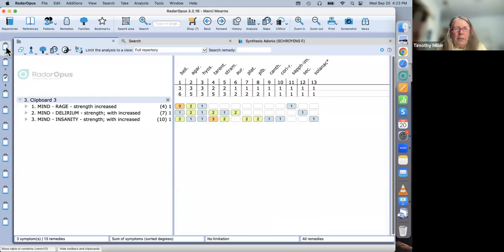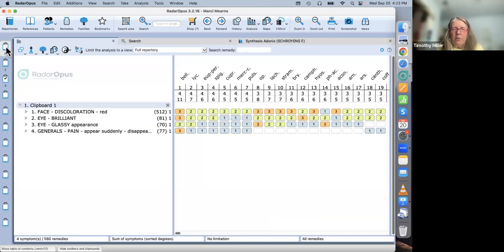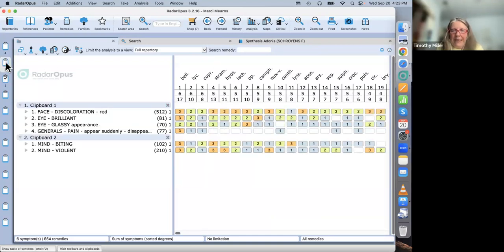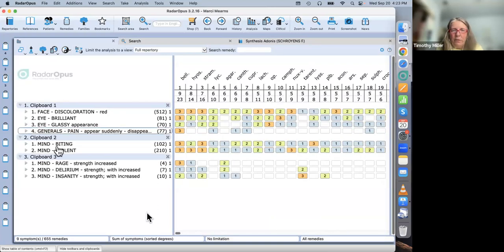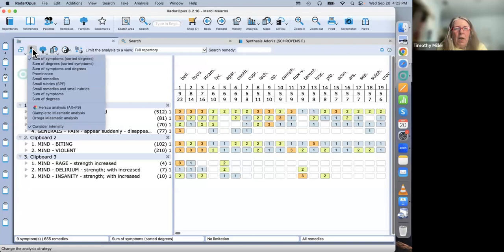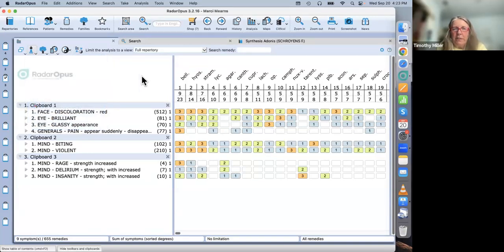So we've got clipboards now for the objective symptoms as described by the prescriber. We've got the biting, which is a very strong mental symptom. And then we have this increased strength. Now, this is a very straight, flat, I use in this instance, the sum of symptoms sorted by degrees analysis. And we have one remedy here. Now, this is pretty much what you would expect, right? That we're in this